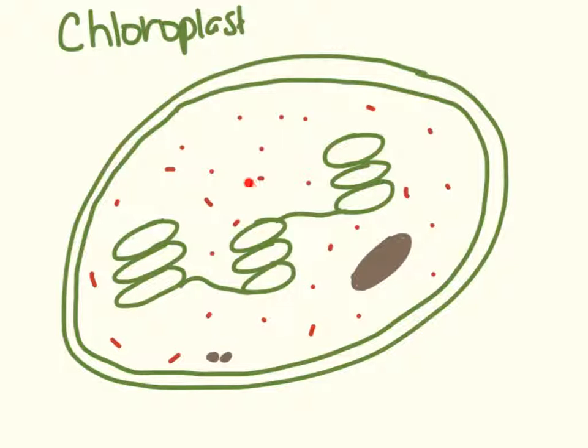The stroma of the chloroplast contains a variety of enzymes that are necessary for the Calvin cycle. It also contains 70S ribosomes, which are important for making the necessary proteins, the enzymes that are necessary for these chemical processes to occur. And there is some naked DNA scattered throughout the stroma, which contains the codes necessary for